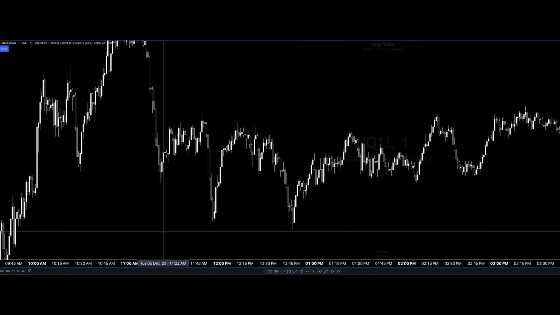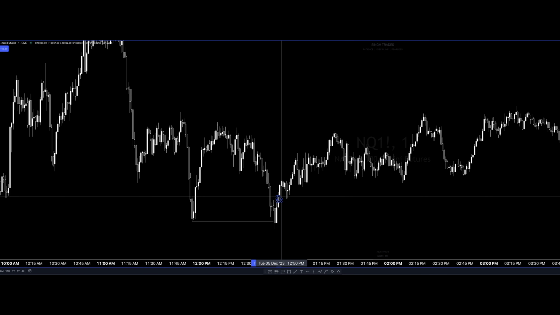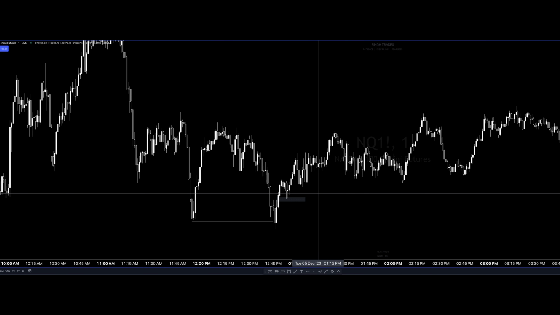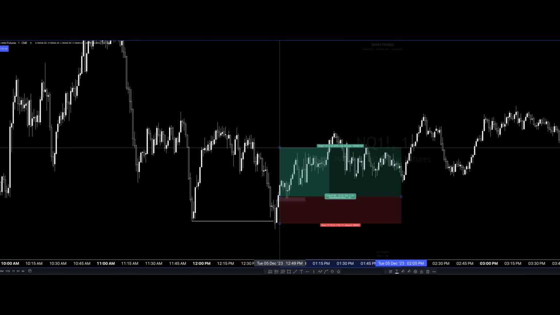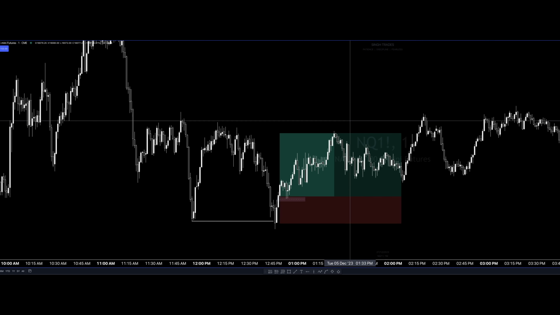Alright, so for the second example here, we can see that NQ swept this outside. We get a displacement up, create this 1 minute fair value gap here. So again, we have 2 methods to trade this. I can either take an entry here, put my stop here. Let's say we're targeting this high. With 3 contracts, I'll be making about $2,400, risking about $1,100. So you can either do that, or